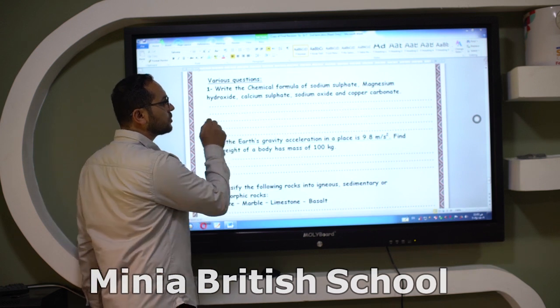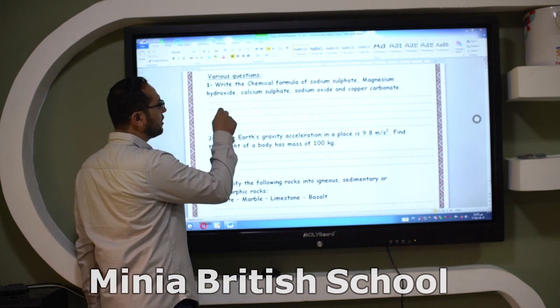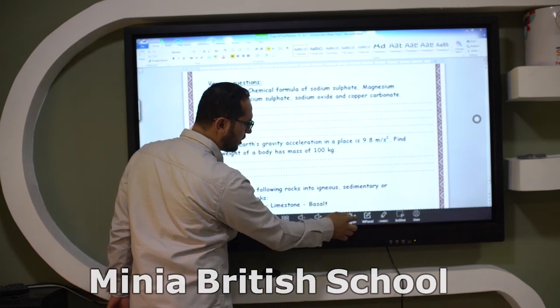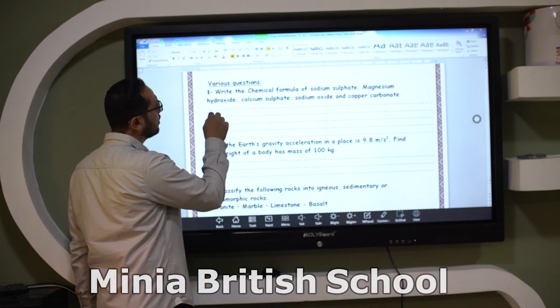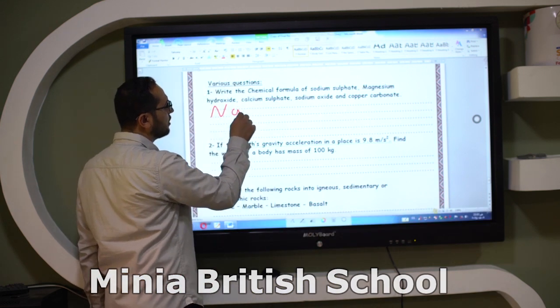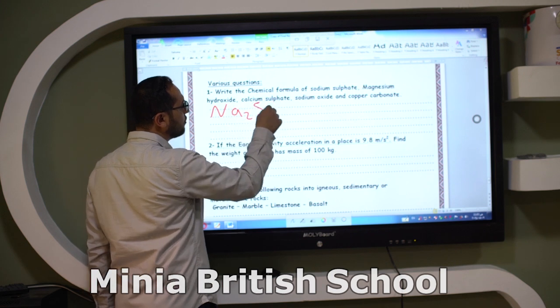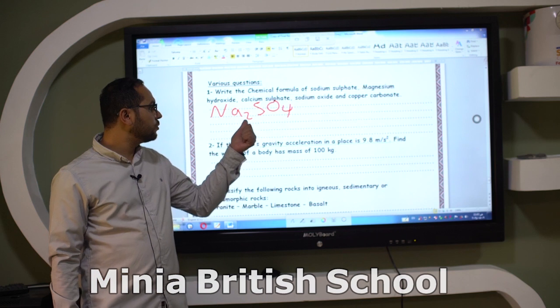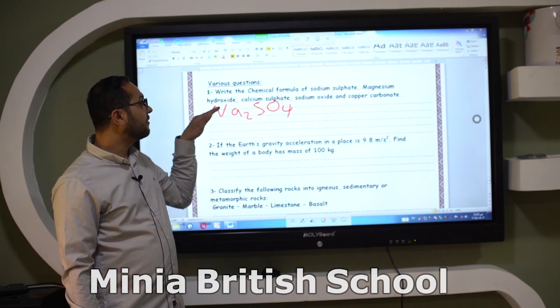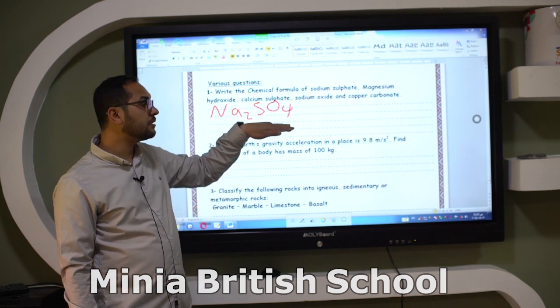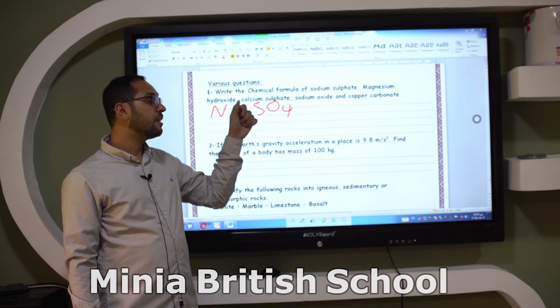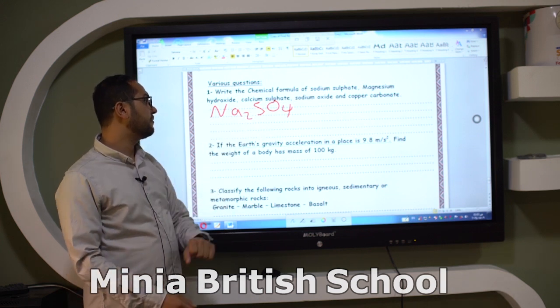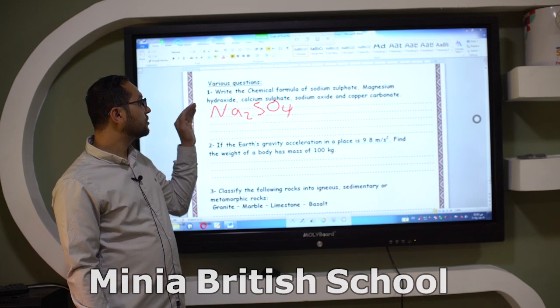Number 1, sodium sulfate. Sodium, Na2SO4. Why we put 2 here? Because the valency of sulfate is divalent. So the sodium takes the valency of sulfate. So we can write sodium sulfate